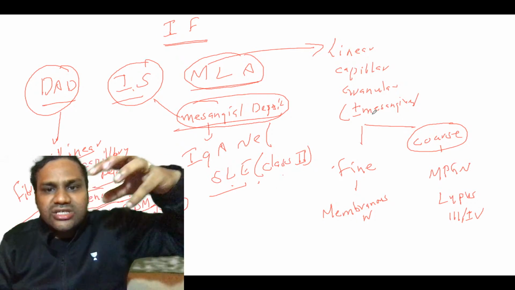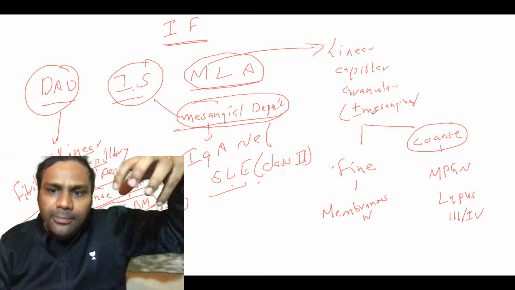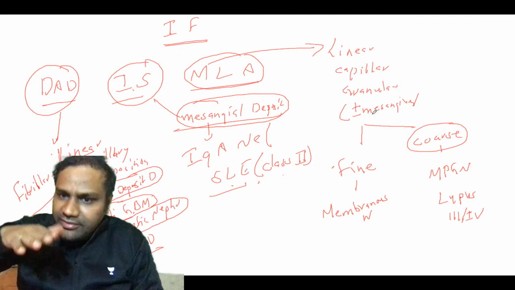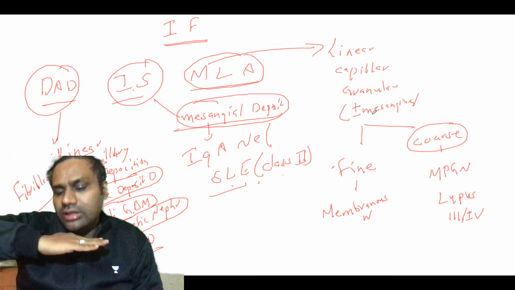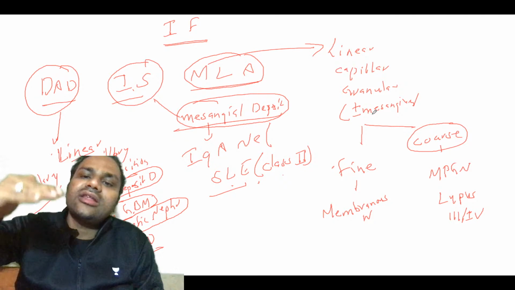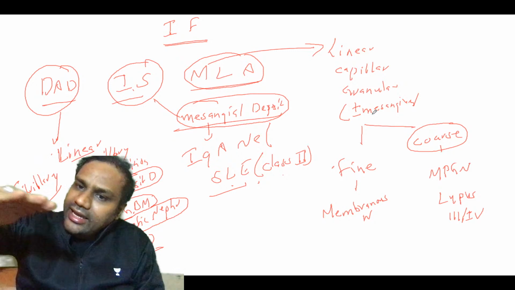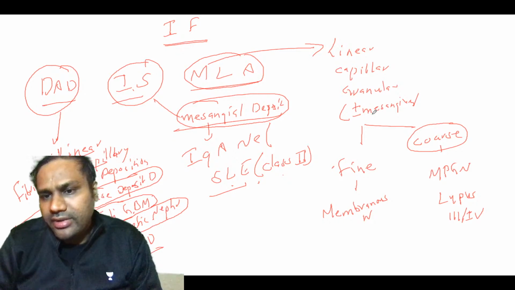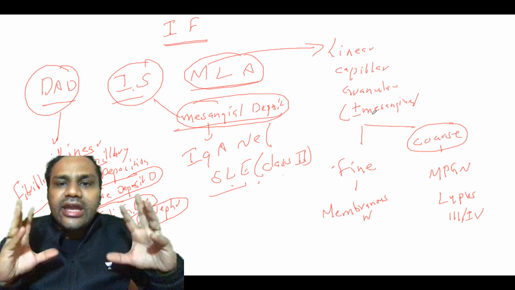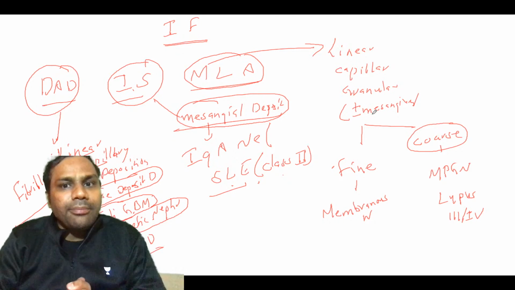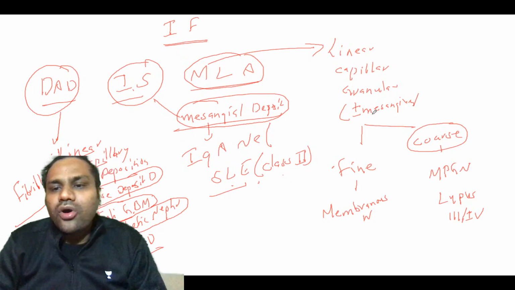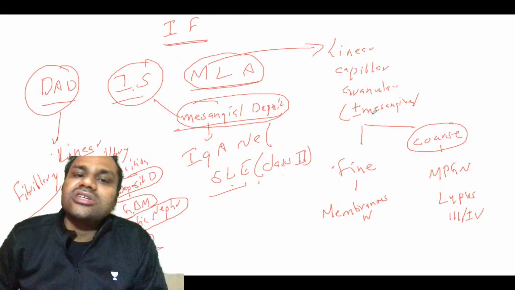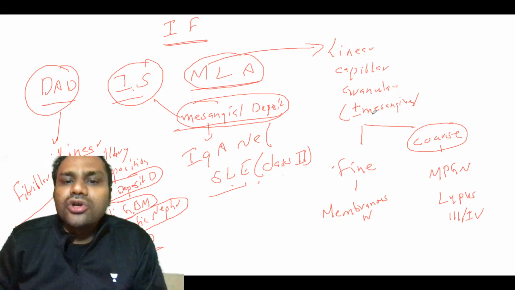Those places where there is deposition, it will form a hump, and where there is none, it will be linear. It is like traveling on a road where somewhere the road is smooth, somewhere the road has humps, then again smooth, again humps. So that is post-streptococcal glomerulonephritis, hence it is called lumpy-bumpy, somewhere lumpy, somewhere bumpy. This is the feature you get in post-streptococcal glomerulonephritis.